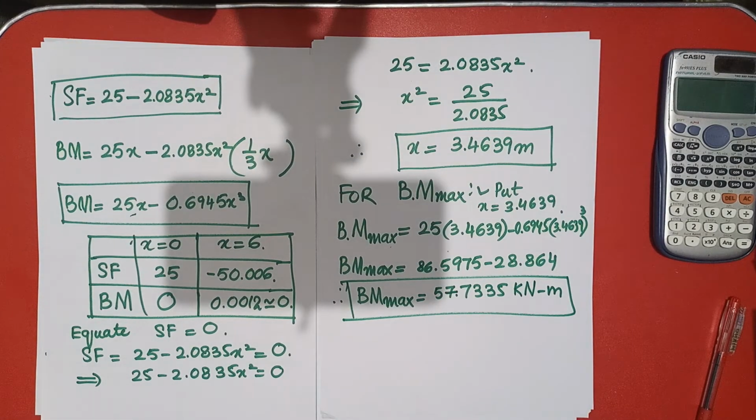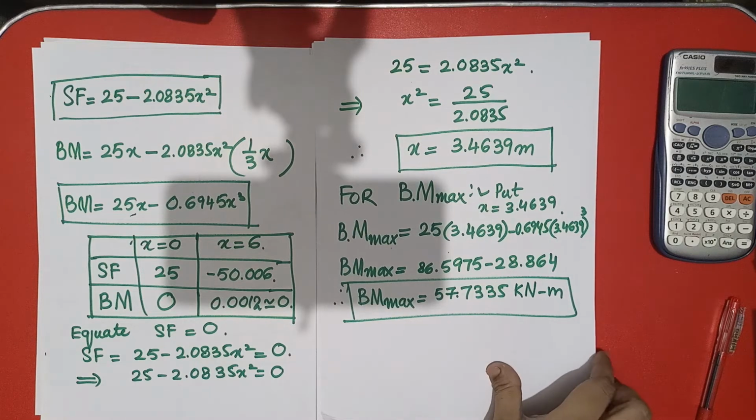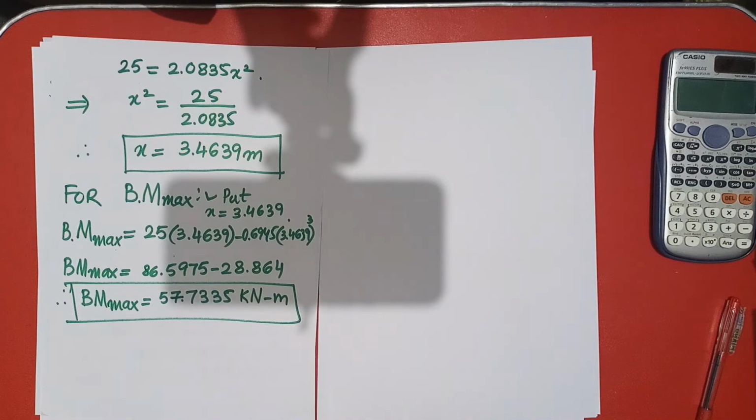If you are having a zero line for the bending moment, how is this maximum bending moment coming out over there? Keep it in your mind, you must remember this: if you are having shear force 0, you will get your bending moment maximum. And keep in mind, if you are having load on the beam, it is never possible that there is no bending moment there. So let's draw the shear force and bending moment diagram.